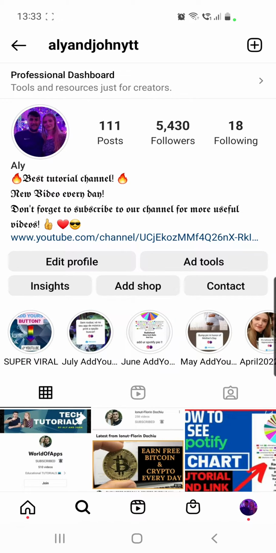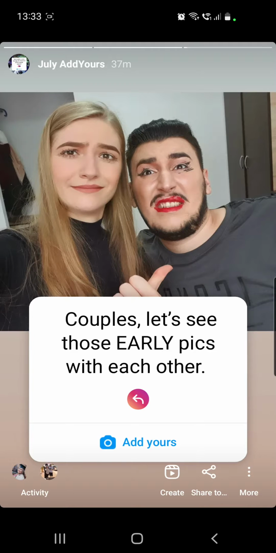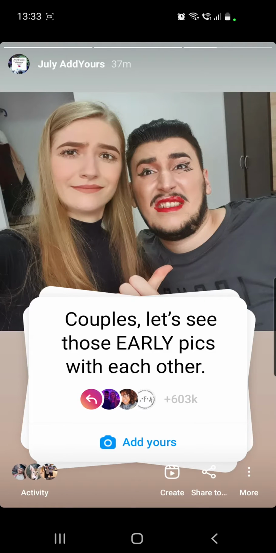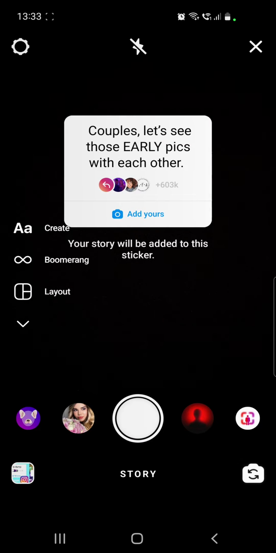from highlight, which is right here. Then you have to tap until you find your desired story. So there we have it. Click on the Add Yours button, and if you are not able to click on the Add Yours button,